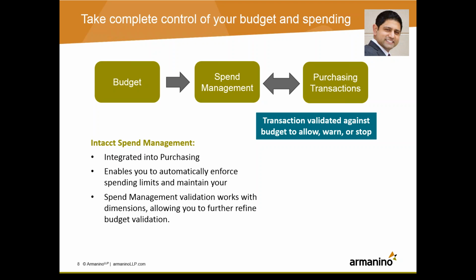This feature hooks into the purchasing module, and it allows you to assign multiple types of budgets. Those budgets can then be validated based upon dimensions, just like what you're used to within the general ledger, and you can assign them by transaction so that the warning or the stop can occur. That's where some of the automation exists. Outside of what you were probably already doing, which is just reporting off of budgets, this actually goes in and puts in a control for you.